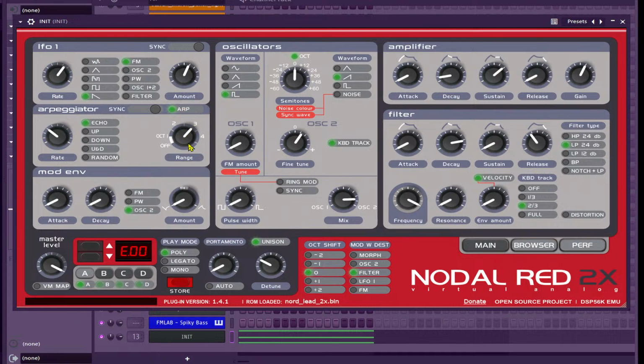So let's take it off sync. I love it. I love it. Commodore 64. God,